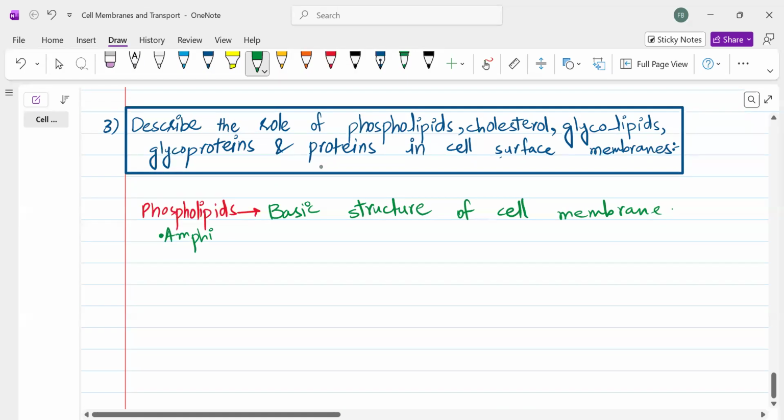If they ask you the role of phospholipid, and it is for 4 marks, you must mention the amphipathic nature, that hydrophilicity and hydrophobicity, and the composition, what it is made up of. Now we can discuss the functions of the phospholipid. Firstly, the basic structure of the cell membrane, then its amphipathic nature. When we talk about the amphipathic nature, we will say that it will allow